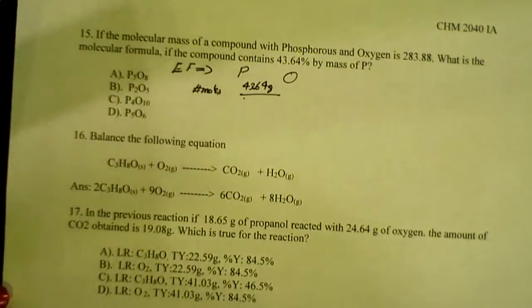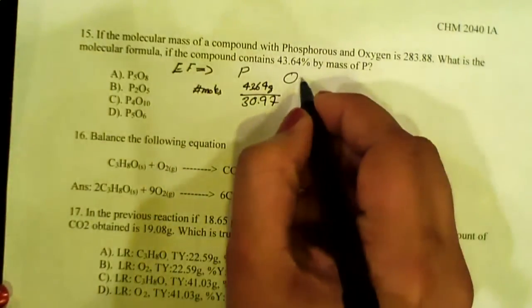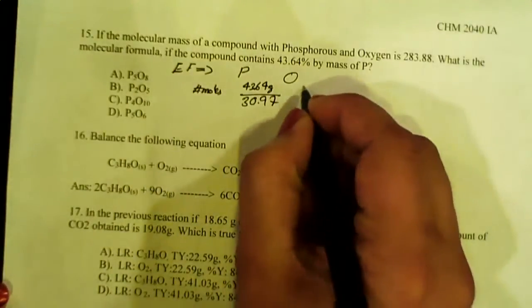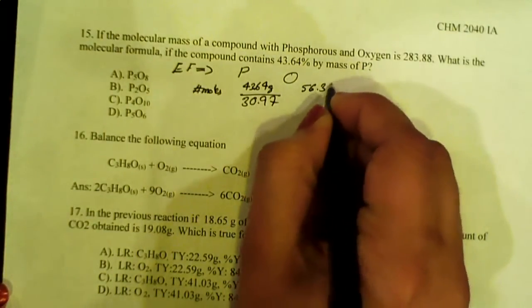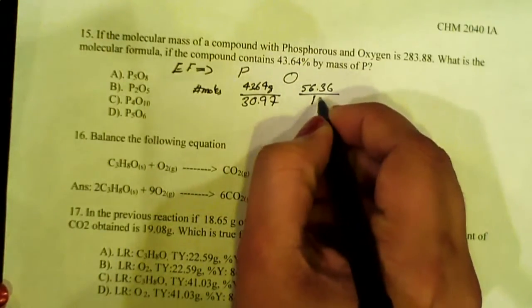So the number of moles of phosphorus present will be 43.64 grams divided by its atomic mass, which is 30.97,